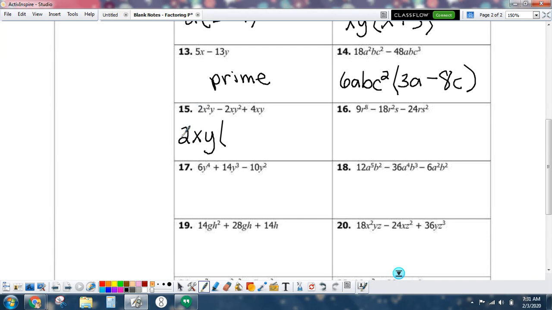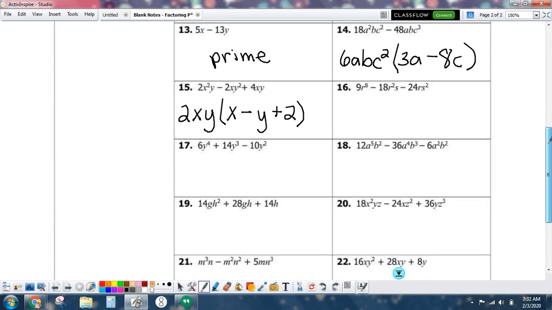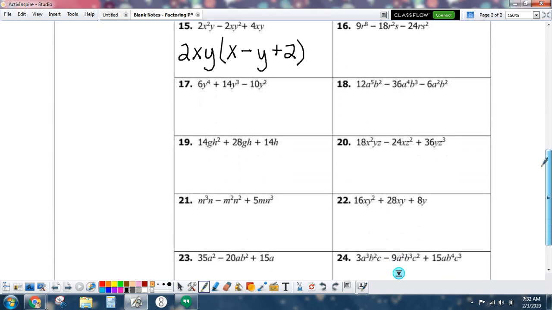So I have 2. Well, 2 divided by 2 is 1, so we're good. X squared divided by x, that's just 1x. And y divided by y is 1. And then we have minus, and then that's going to be a negative 1 because negative 2 divided by 2 is negative 1. X divided by x is just 1. And x squared divided by y is y. And then here we have plus 4 divided by 2, so that's plus 2. And then x divided by x is 1. Y divided by y is also 1. All right? So go ahead and try